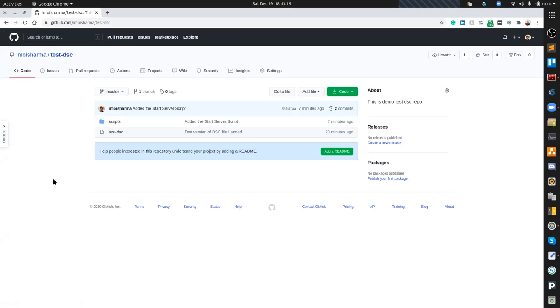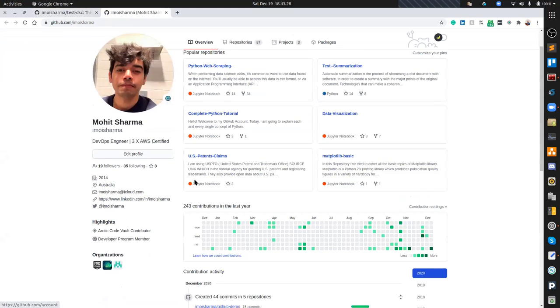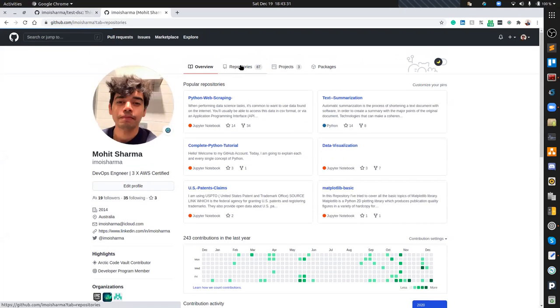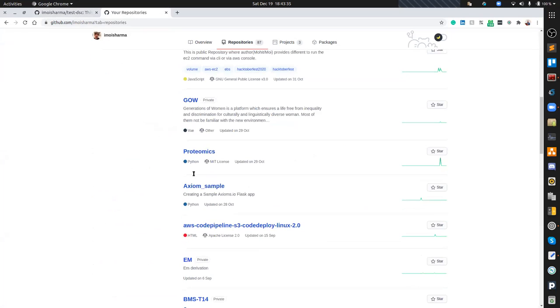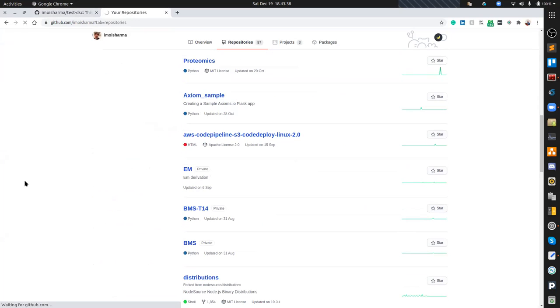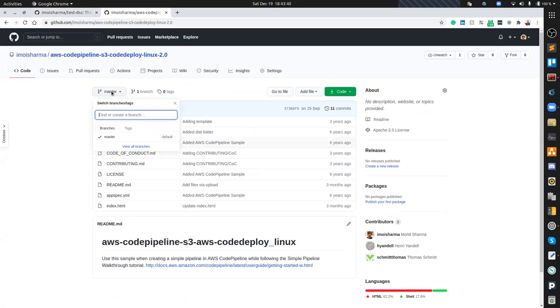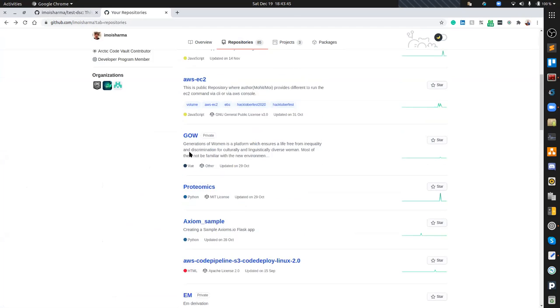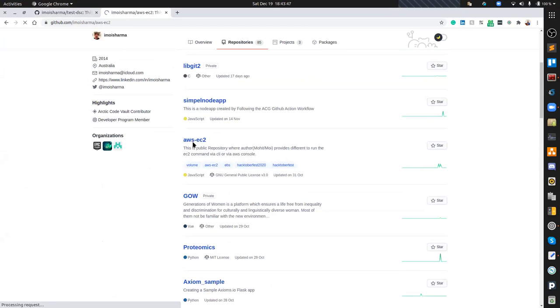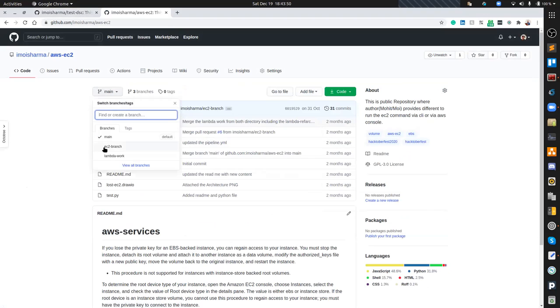The reason why we need different branches is that, suppose you have so many different branches, let me see if I have some projects. Just give me 1 second. I want to show you so that you get an idea of what these different branches are doing. Okay, I think code pipeline. I only have one. Just give me 1 second. Maybe in the EC2 I have 2 different branches. Okay, yep. So here, if you notice, I don't have